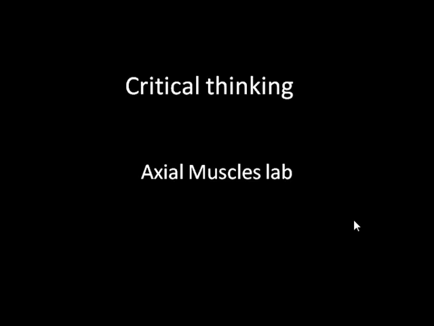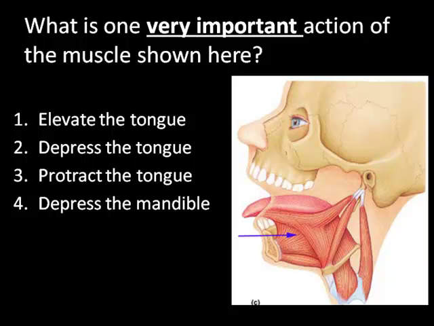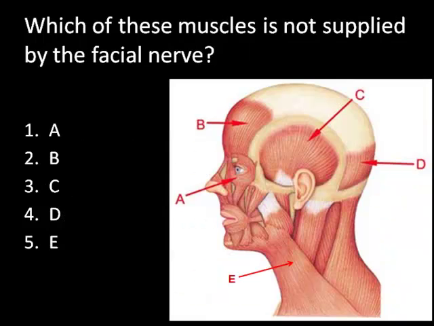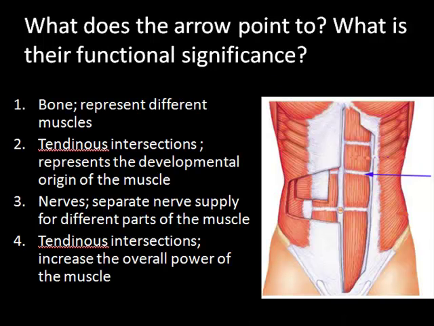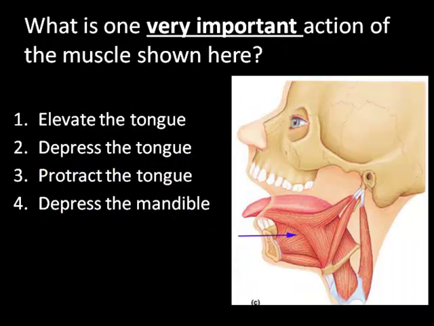This is critical thinking in the axial muscles lab, and here are the questions. So this is the first question, second question, and here is the third question. So let's look at the first question, where it asks you to identify a very important action of the muscle shown here. So now here you have to think of an action that is really important